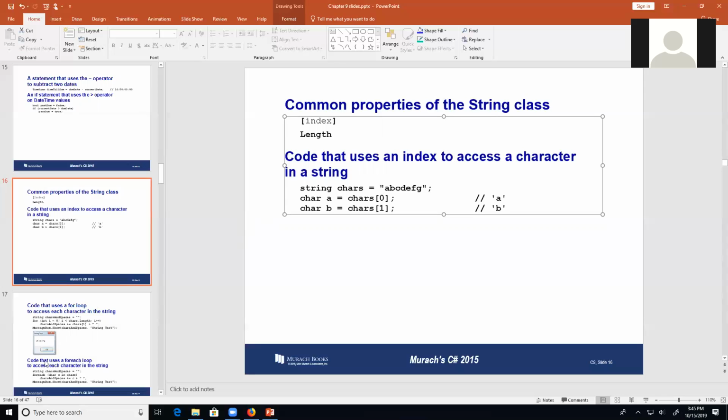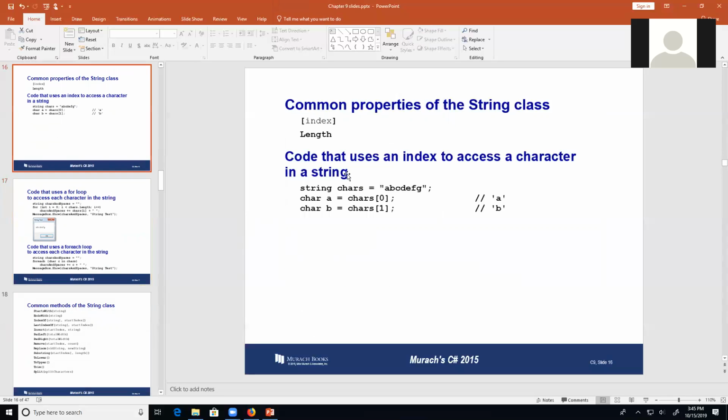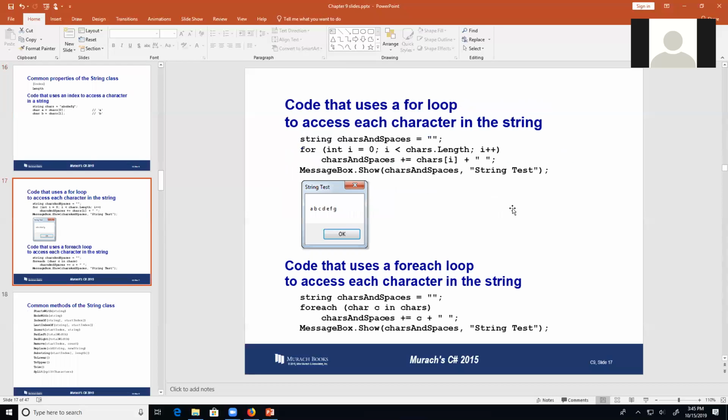So that's two properties of the string class. Here is code that uses a for loop to access each character in a string. This is one way to do it, where you can index each character in a string using what we just learned, indexing. And so you can loop from 0 to the length, the number of characters in the string, incrementing 1